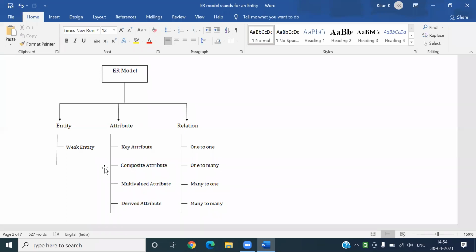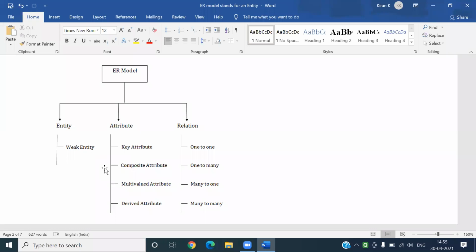ER model comprises three things, my dear friends: one, entity; two, attribute; three, relation. What do you mean by entity? A real world object is called an entity. In an organization, which entity is said to be strong, which entity is said to be weak, that we will be discussing a bit later.